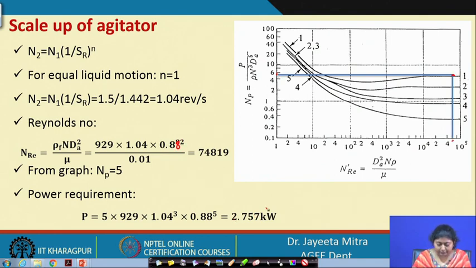So, here we will end the discussion related to mixing. Once again, we can remember that we have covered the importance of mixing, and the case for solid mixing, cohesive powder mixing, mixing index determination, then liquid mixing, different flow patterns, and the power requirement in liquid mixing for baffled and unbaffled tanks, for Newtonian and non-Newtonian fluids, and also the scale up of a system. Okay. So, we will stop here and we will continue with another chapter in the next class. Thank you.